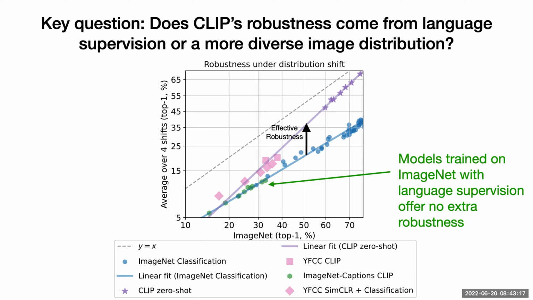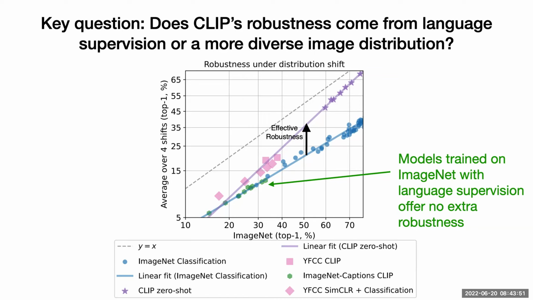The other hypothesis was, no, it's just about the fact that they have a more diverse image data set as pre-training data, and this is where the robustness comes from. And then what we did as an experiment was the following. We went back to ImageNet and we augmented ImageNet with original text from Flickr, right? A good chunk of ImageNet was collected from Flickr. So we connected the ImageNet images to the corresponding Flickr pages, and then we could get the caption data from Flickr for those images, and then do image-text training just on ImageNet with the original Flickr captions.